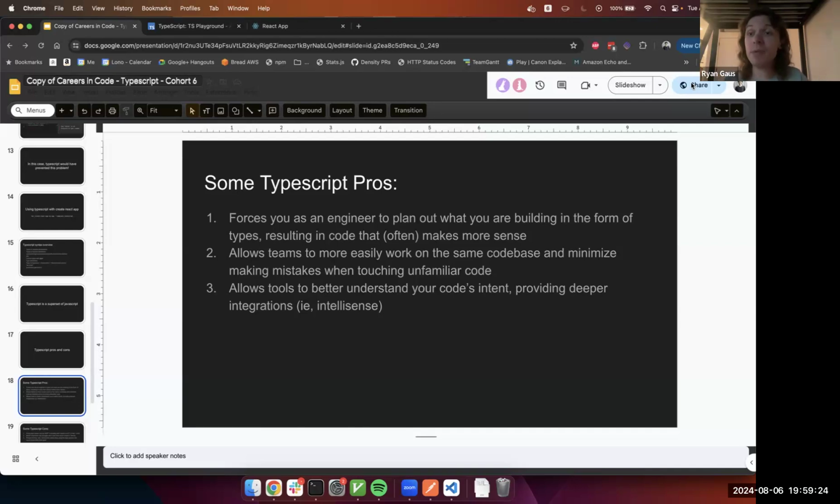And something like TypeScript makes that more explicit, makes it more clear. Oh, this is how someone intended for this thing to be built. And then if it's not your code, that's really good. So I guess the last pro I wanted to mention, these are just off the top of my head. If you use tools like VS Code,